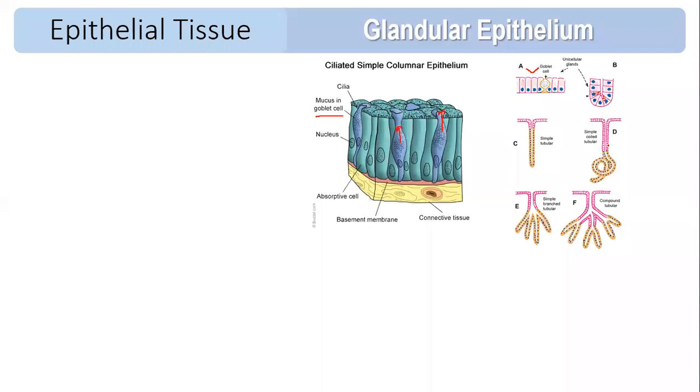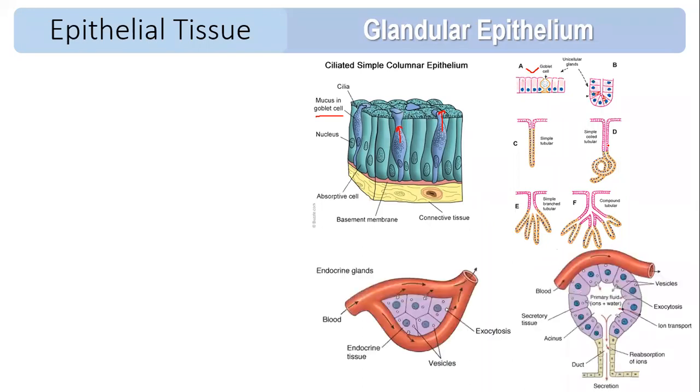And based on the mode of secretion, what are they going to secrete? They can be exocrine or endocrine. Can you see this over here? What is endo? Endo is inside. Crine is secretion. So whatever secretions are there, these secretions are directly released into the blood. They do not have the duct. So endocrine gland is also called ductless gland.